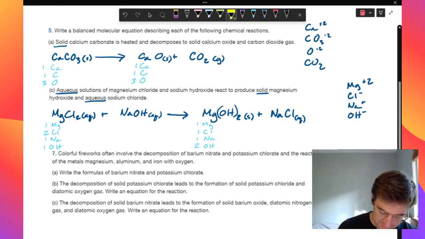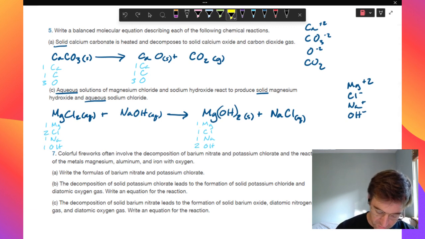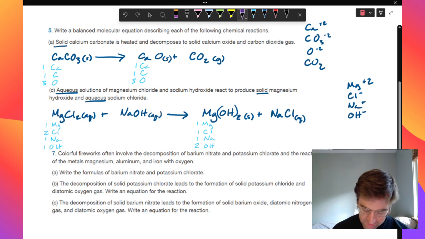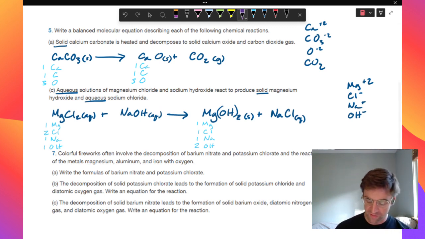So we notice right away that we have some differences. We have a different number of chlorines, we have a different number of hydroxides. So to address those, we need to put coefficients in front of each of these reactants. Purple's going to be a great color. So we have 2 chlorines on the left and 1 chlorine on the right. So to fix this, let's do